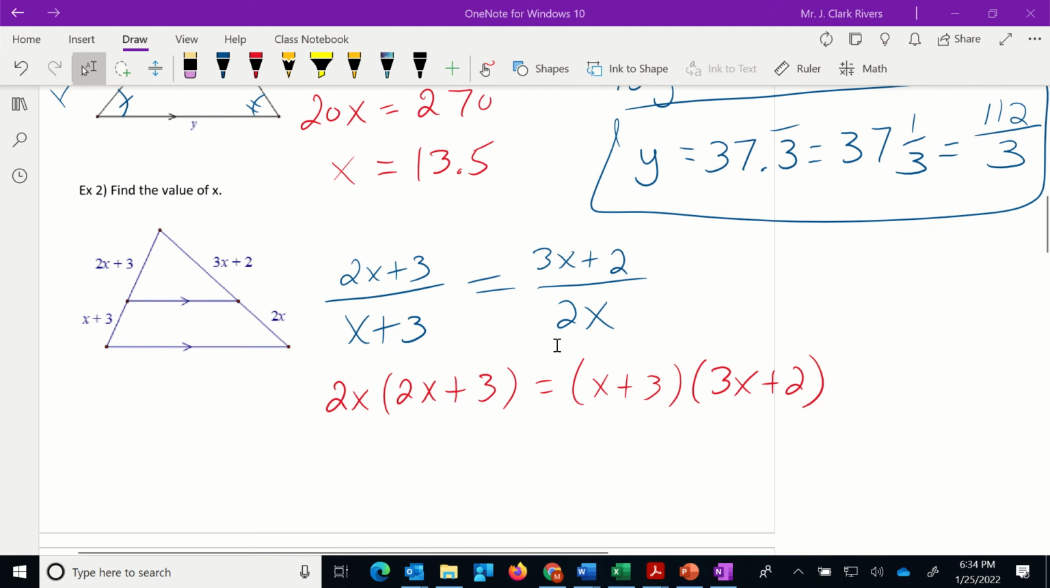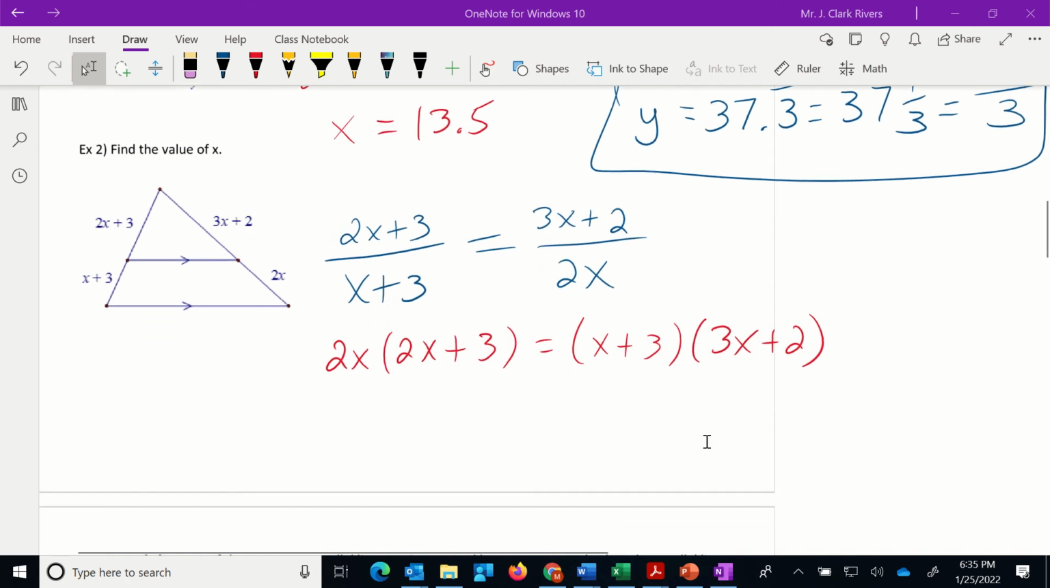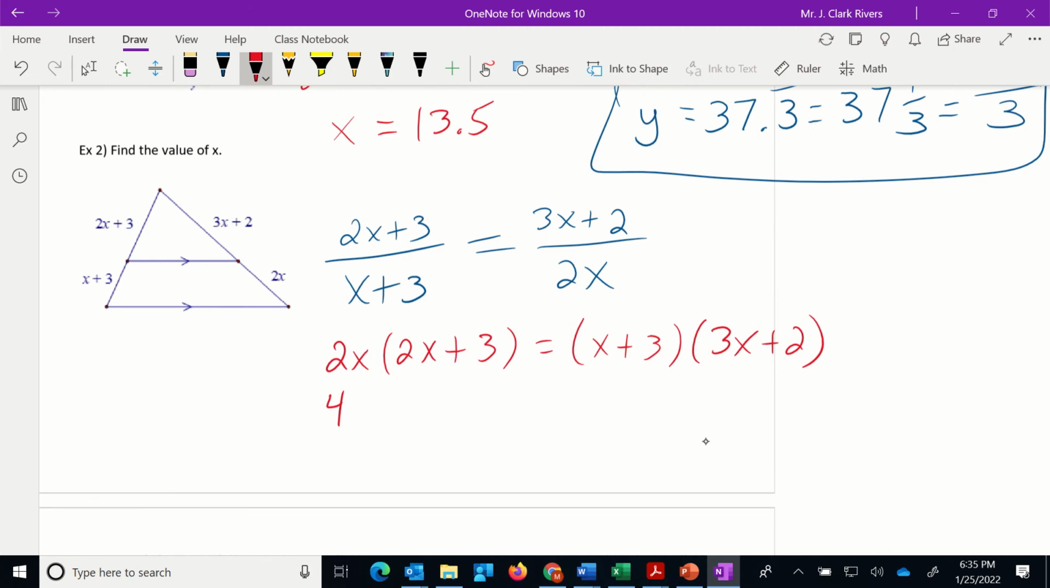Also, x plus 3, that's a binomial. It needs to stay in parentheses. Multiplied by 3x plus 2. Think back to what we have to do when we multiply a binomial by a binomial. We have to FOIL. All right, so first off on the left side, 2x times 2x. 2 times 2 is 4. X times x is x squared. 2x multiplied by 3, well 2 times 3 is positive 6x equals,